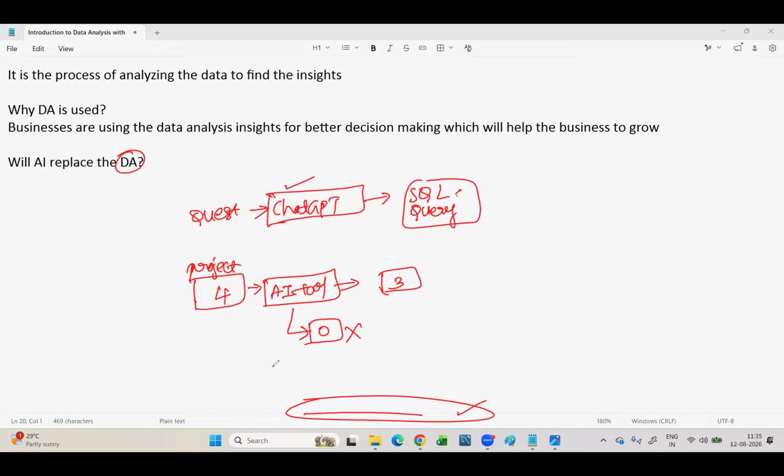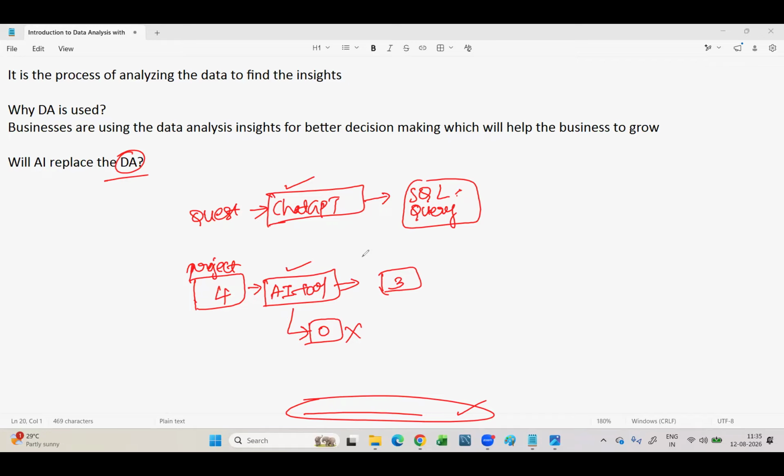Why? Same reason again. If nobody is there, who will ask questions to that AI tool, who will make it answer? Someone will be needed to complete the work that you want to ask the question about. And whatever answers this gives you, you need to verify that and complete the work. So that is the reason that one person will lose the job, because of the budget you need to maintain. But who is that one person who can lose the job? The person who doesn't have basic or good depth of data analysis knowledge, and also who doesn't know how to use this AI tool. If they don't know how to use it, then there is no point.